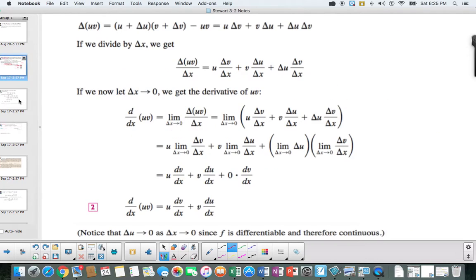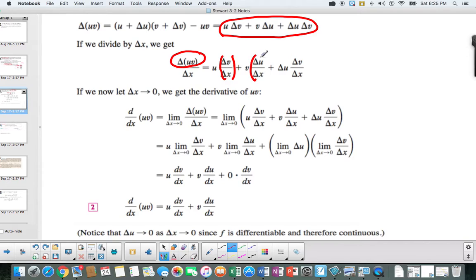Let's go on to the next page. We're going to now take this portion, which is the numerator part right here, and we're going to divide it by delta x, and that means each term is going to be divided by delta x. And when we do this, this change is going to eventually become a derivative once we take the limit. So the derivative, as the limit as delta x goes to 0,